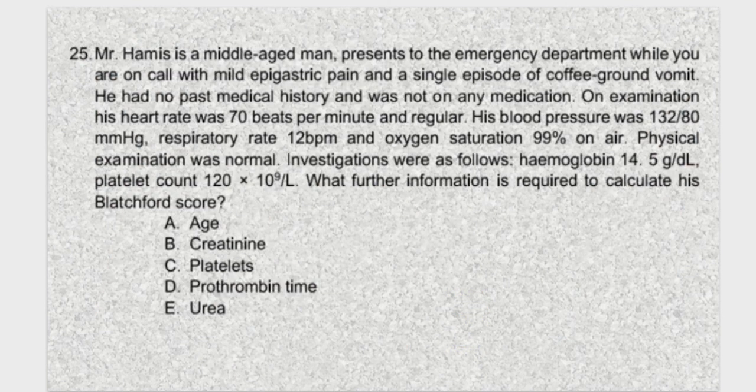Question number 25. Mr. Hamis is a middle-aged man. He presents to the emergency department while you are on call with mild epigastric pain and a single episode of coffee ground vomiting. He had no past medical history and was not on any medication. On examination, his heart rate was 70 beats per minute and irregular. His blood pressure was